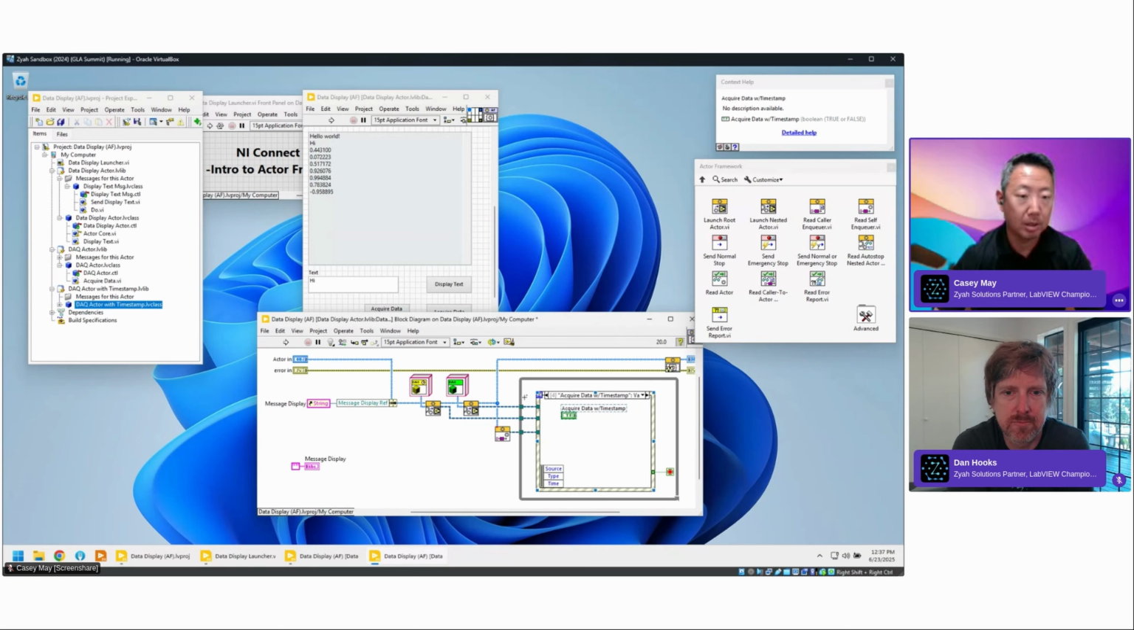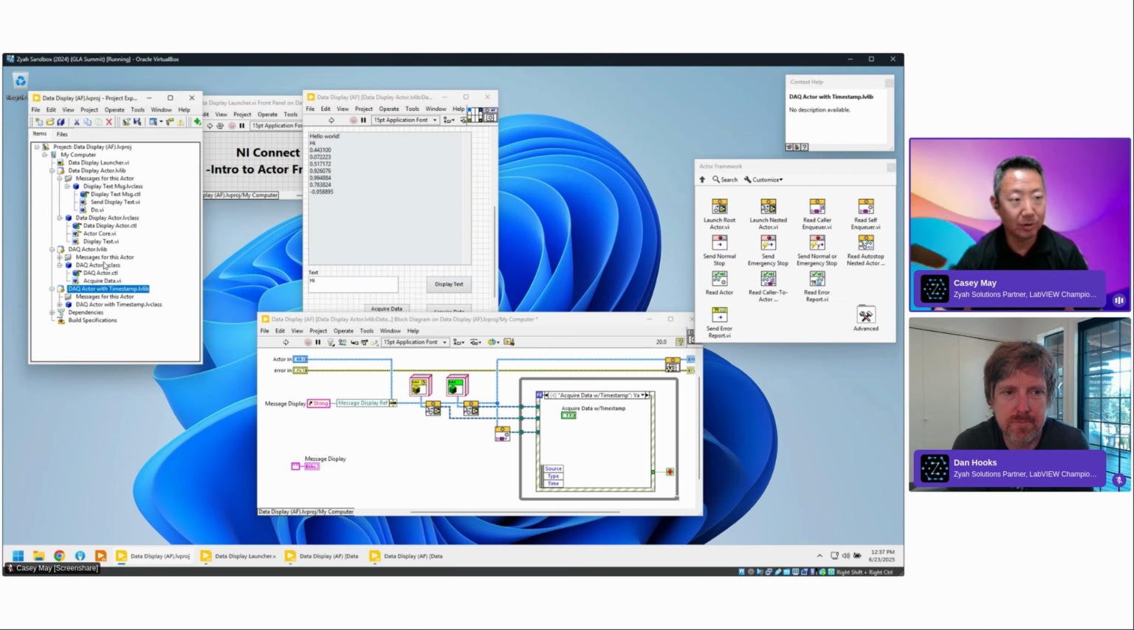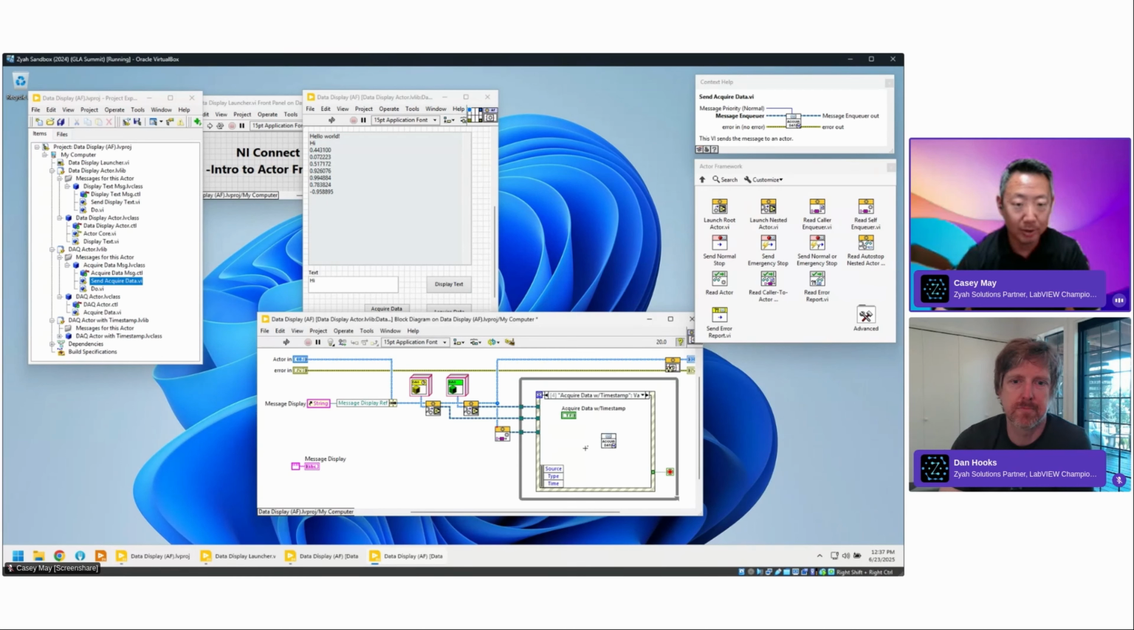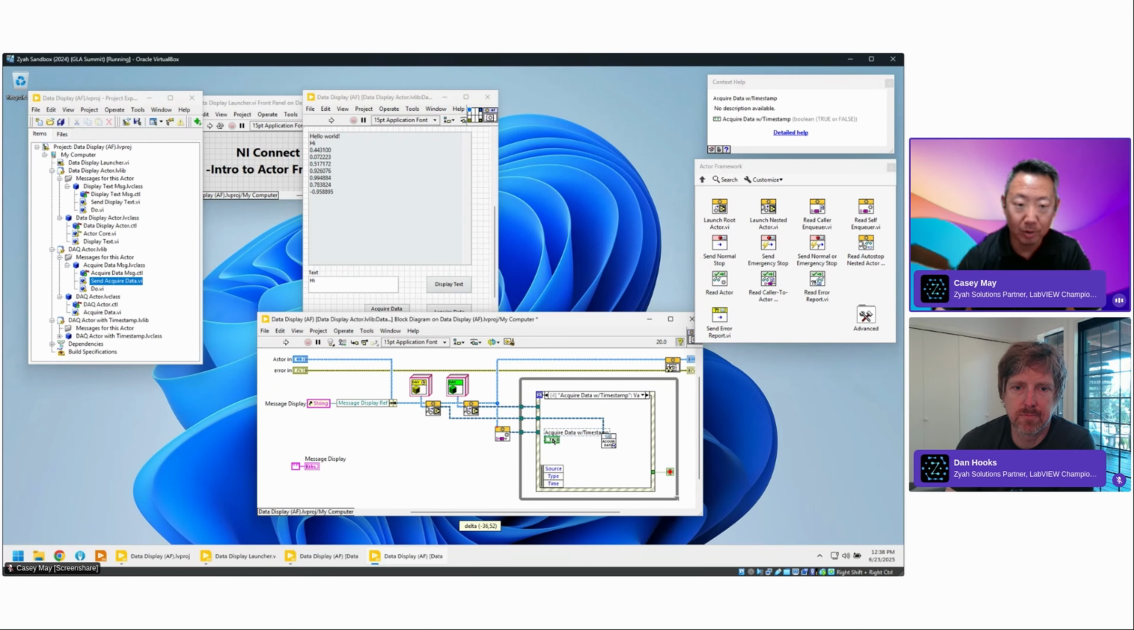As Dan was saying, this actor inherits all the functionality of its parent, the DAC actor, without having to write any new code. Even though this actor doesn't have a message class itself, it can use its parent's message class, in particular the send acquire data VI. So I'm using the same VI for the DAC actor with timestamp, but with the DAC actor with timestamp's address instead of the other one. And now, if I run this,